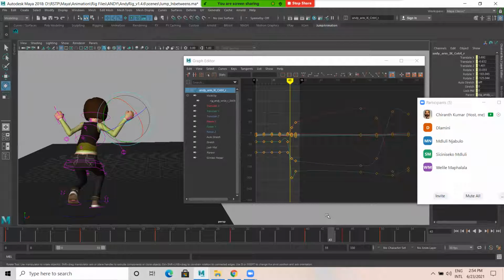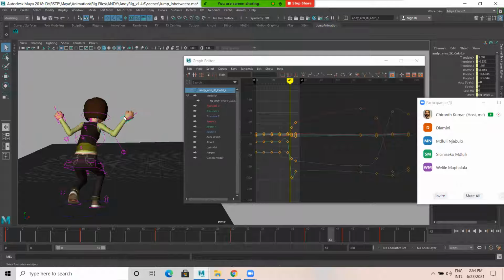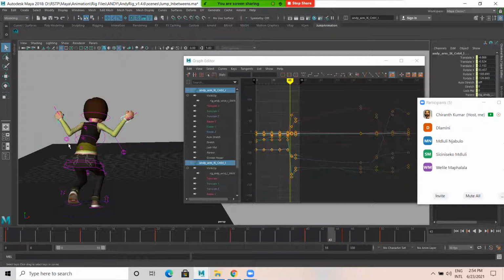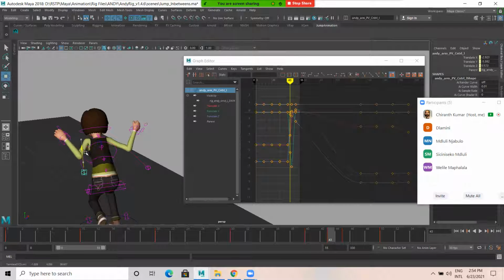So in this situation, do not select all the curves and give a set key. Whatever modifications you are doing, do only for that. So I'm selecting this. I did modification only for this curve, this one, and this one. So give a set key only for that.